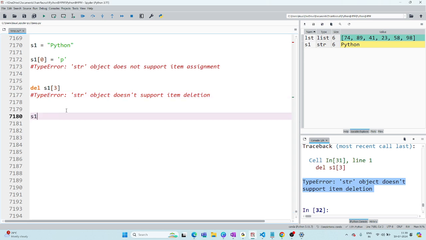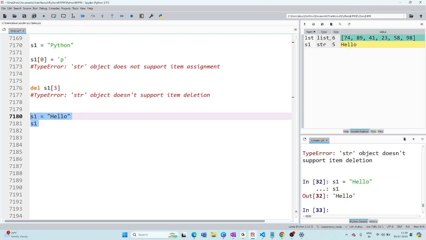Let me prove it. Understanding my point or not? So S1 is equal to hello. If you are printing S1, it's like combined, but literally it is having index and everything in the background. Yes or no?